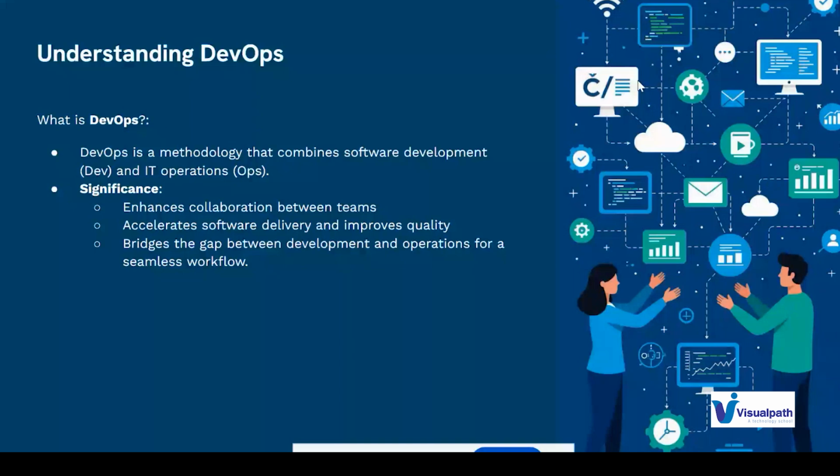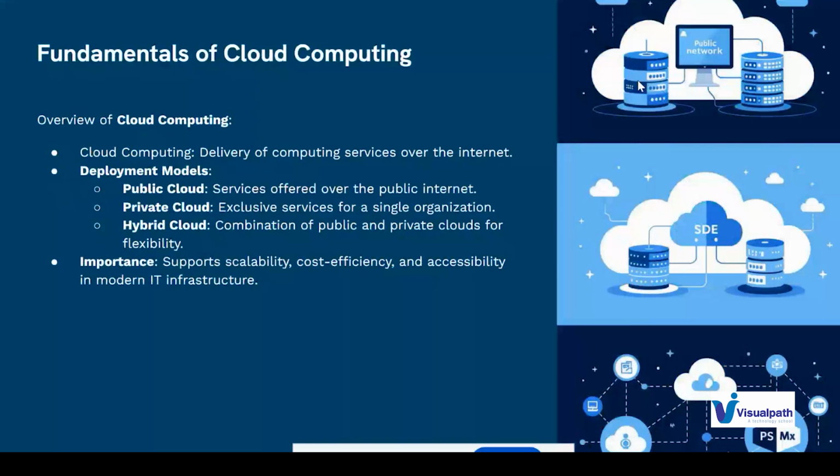Now, before going further into DevOps, I'm going to explain cloud computing. Cloud computing means computing services that we can get over the internet. There are different deployment models in cloud computing: public cloud, private cloud and hybrid cloud.